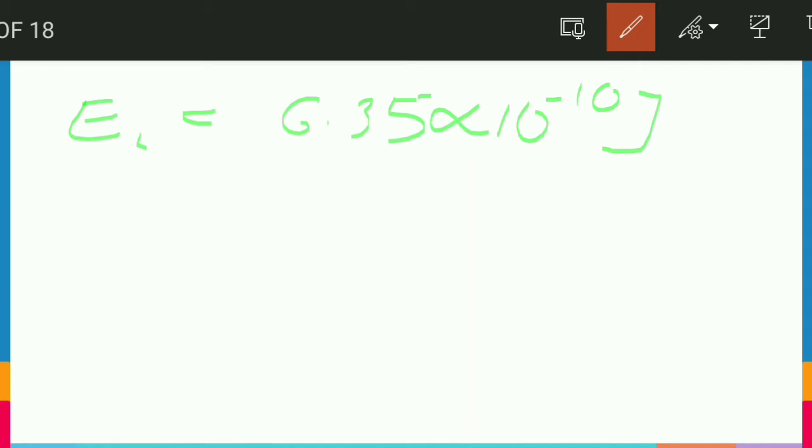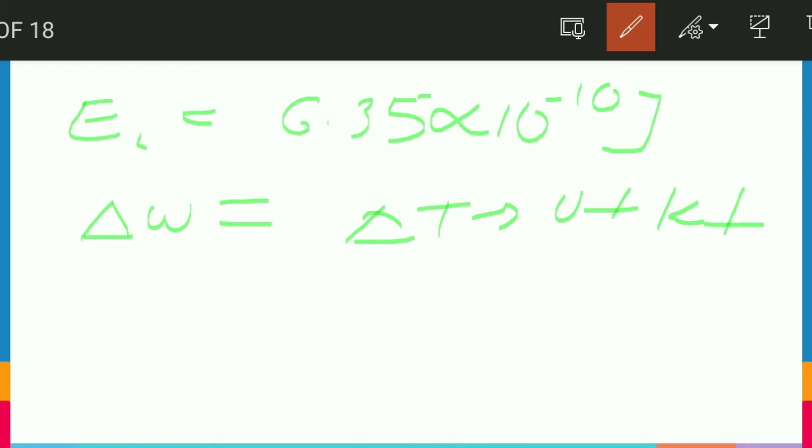So friends, by energy conservation, from the work energy theorem, we know that net external work done, delta W, is equal to the total change in the energy of the system, where this constitutes potential energy plus kinetic energy plus any other energy which has been absorbed or released. Let's say it is E, and it should be equal to the net external work done. So friends, this we need to find.